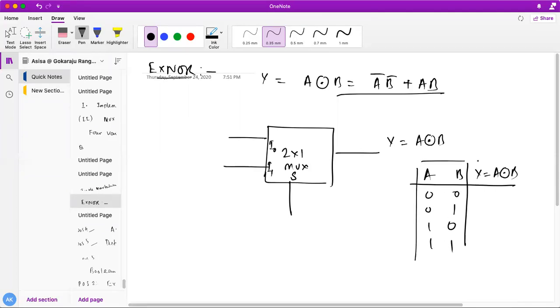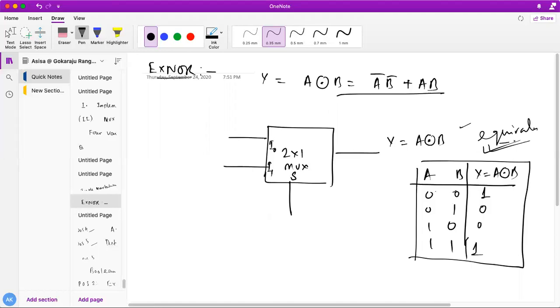So what is A XNOR B, students? Nothing else, it's an equivalence gate. An XNOR gate is whenever A equals B, I will have output 1, other places output is 0. Okay, so that's why it's also called an equivalence gate. Okay, XNOR gate is also called an equivalence gate. I have already discussed all these things many times.